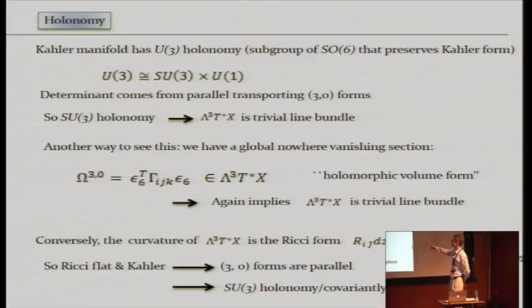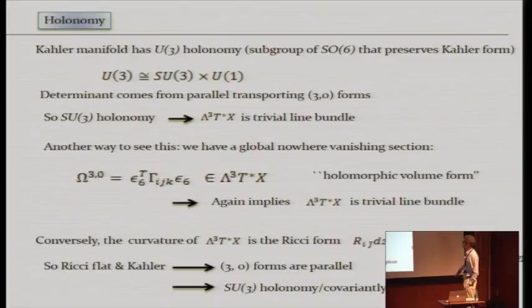Remember that epsilon 6 star epsilon 6, the norm of this thing was 1 everywhere after our rescaling, so it's nowhere vanishing. It is a line bundle, so this whole thing is also nowhere vanishing. It's often called a holomorphic volume form by analogy with the volume form on the real manifold, which is a section of the top exterior power of the cotangent bundle of the real manifold. And as I said, it's nowhere vanishing, so this explicitly trivializes this line bundle, wedge 3 of cotangent of X. So that's a trivial line bundle.